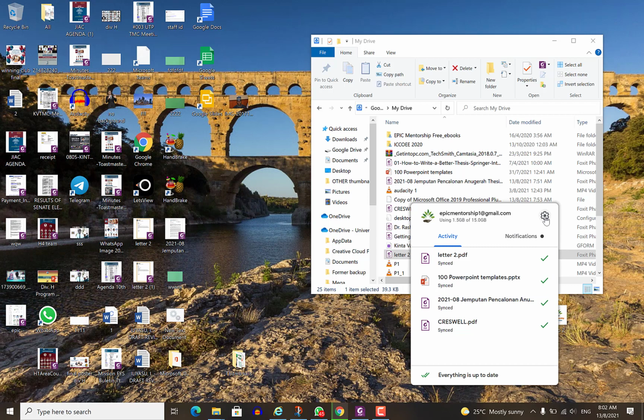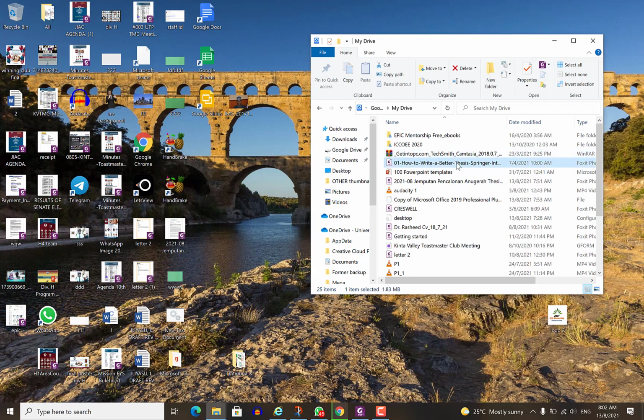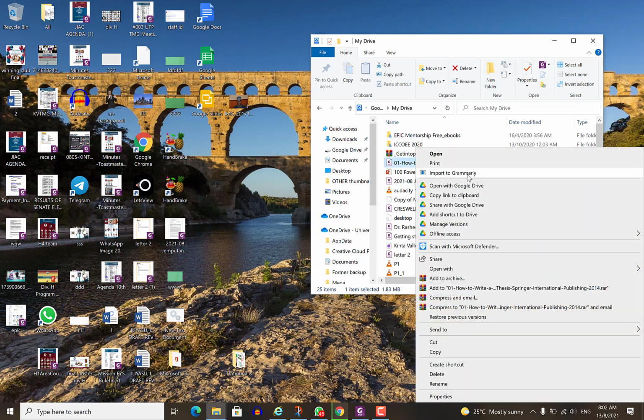Okay, and then up here you can have the option to click and you see your preferences. You can see error list. You can pause sync. You can pause synchronization. If you don't want a particular folder to be synchronized to the cloud, you can easily pause it. Okay, and you can quit the drive directly from here. If you don't want a particular folder to be synchronized, you can easily do that.